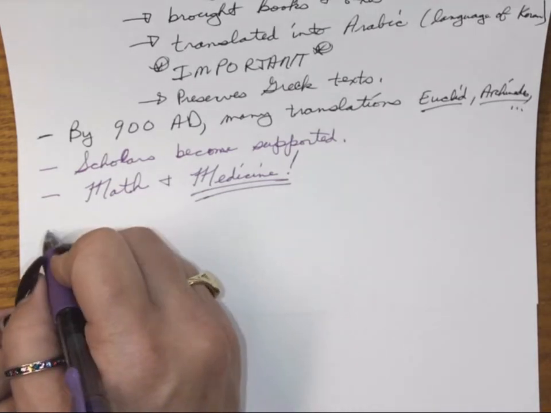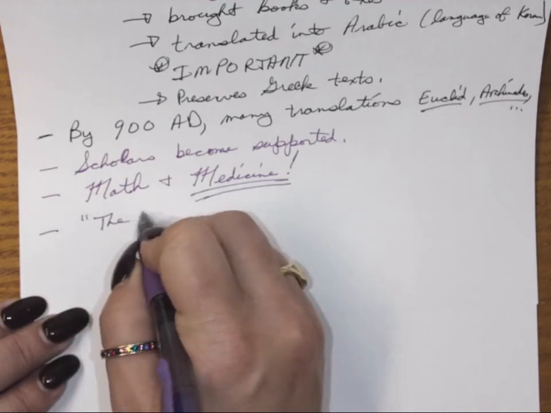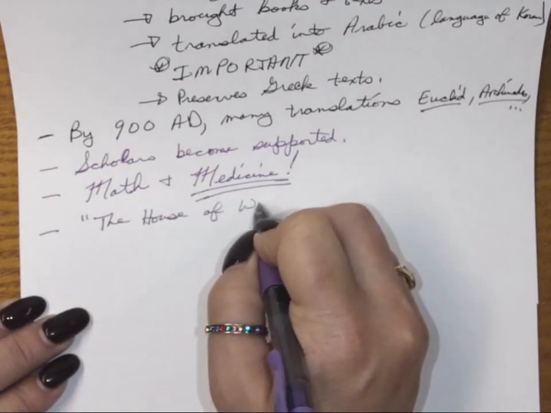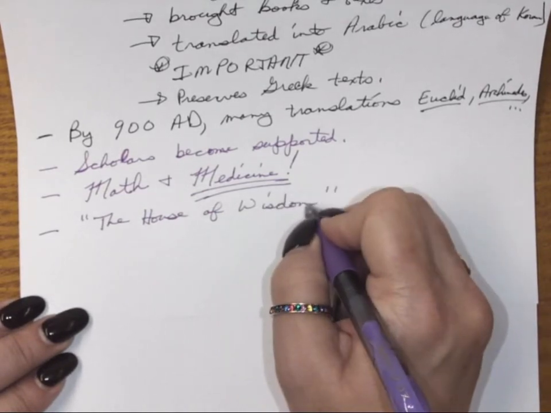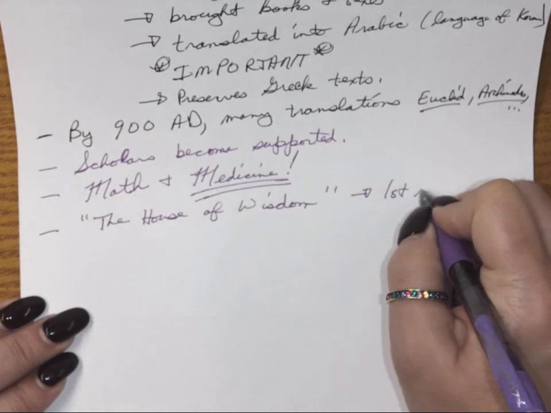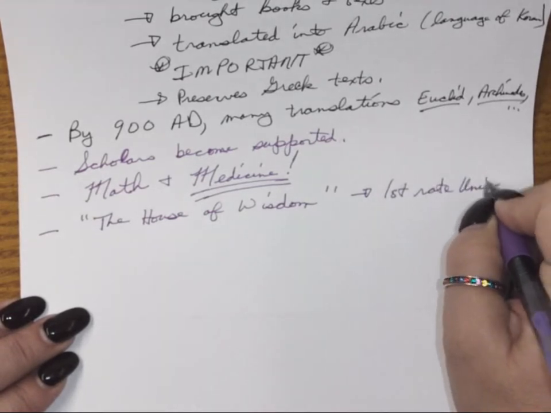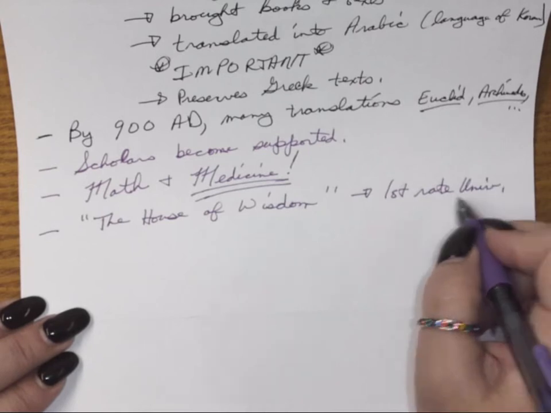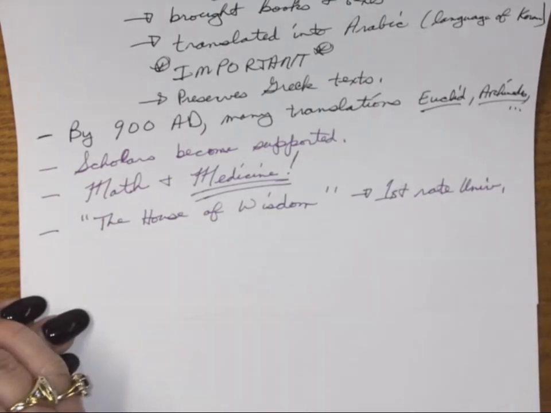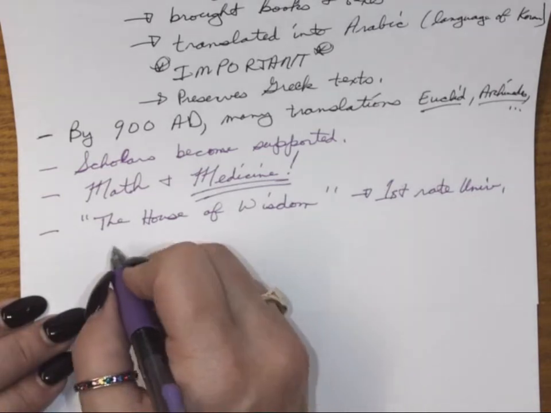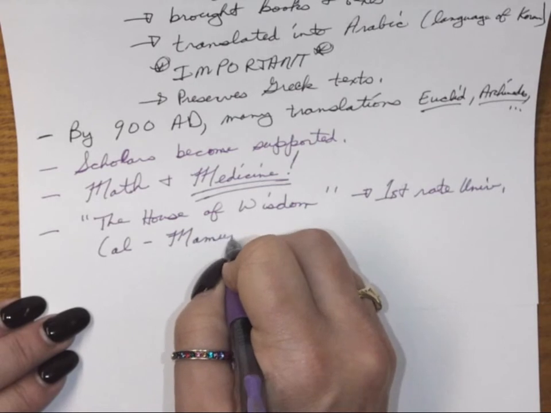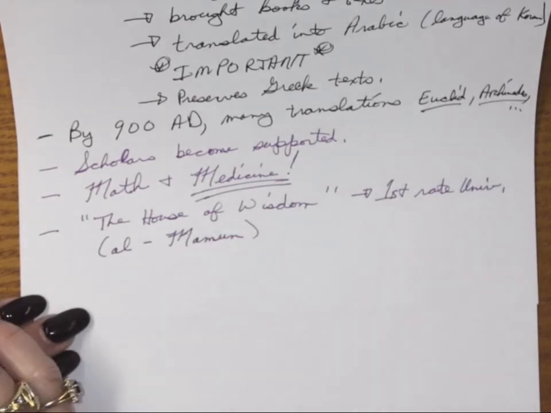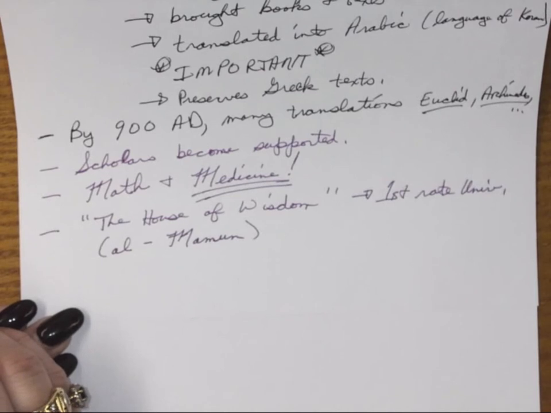And there is a place that is established here. It's called the House of Wisdom. And it becomes actually a first-rate university is what it turns into. Like one that would rival universities in England or wherever. And this one was actually established by a guy named Al-Mamun. I'm going to say Mammon, maybe. So he is the one who actually establishes that,